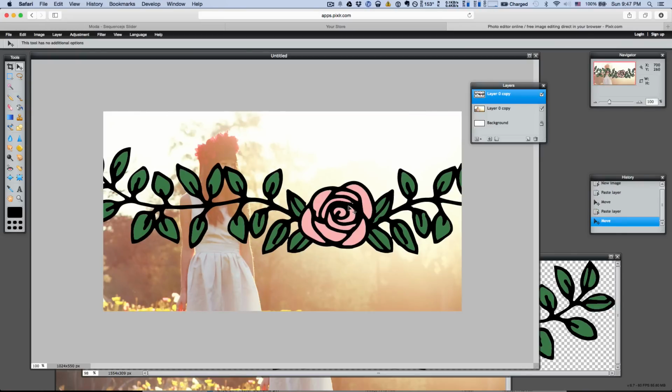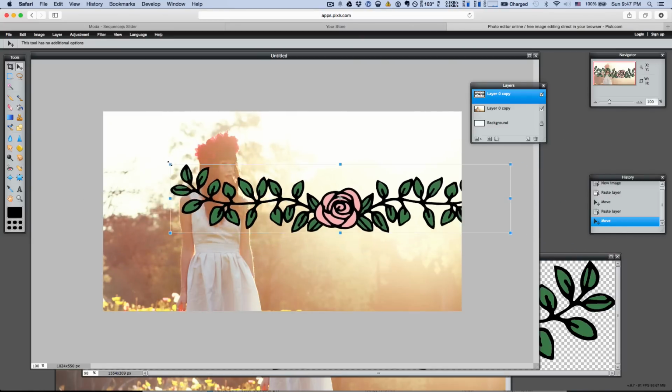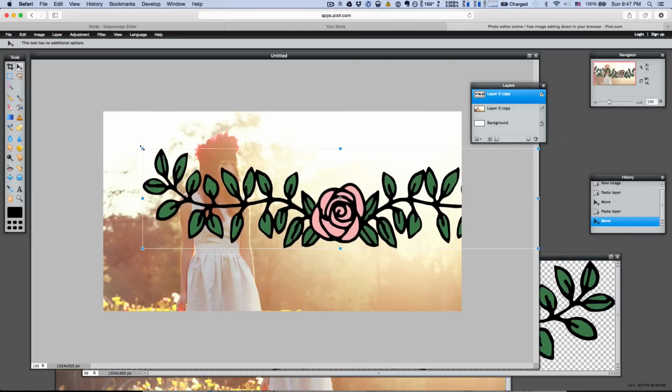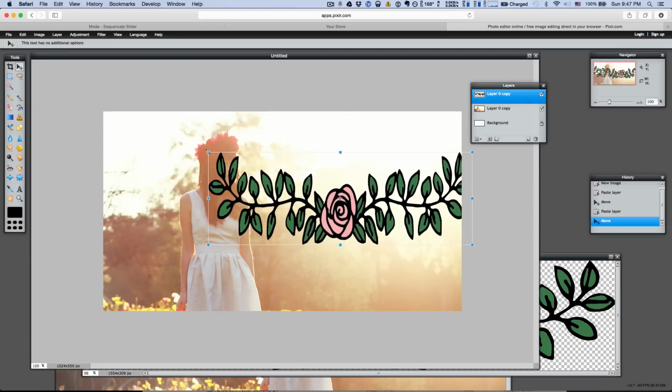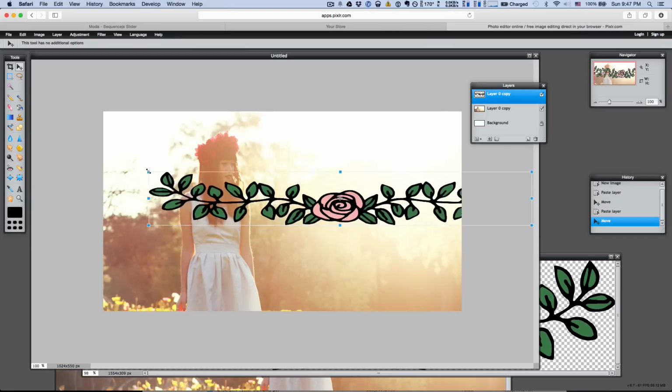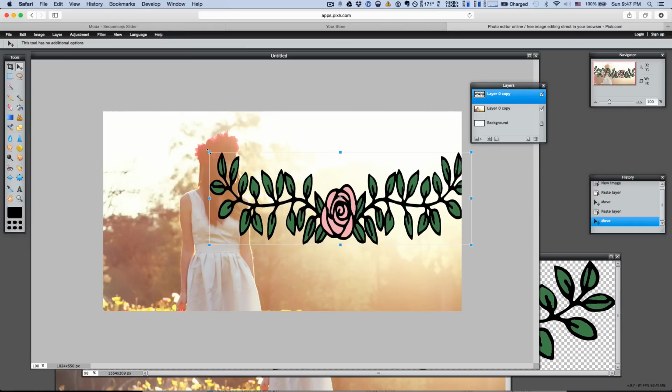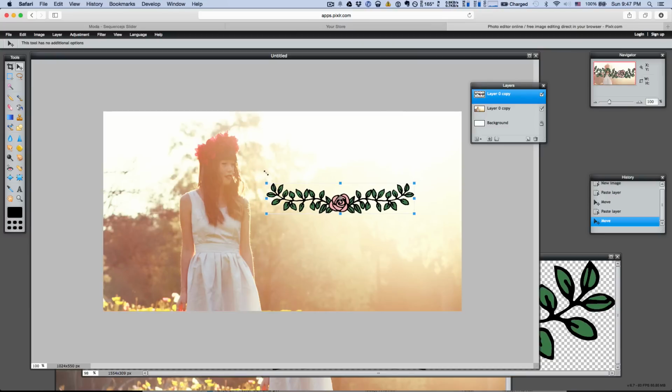Press Ctrl T to resize this image, and it will give you these handles here on the side and the corners. And to resize, just do a mouse over, click and drag. Now when you click and drag, make sure you press the Shift key to constrain the image, because if I don't press the Shift key, it's going to distort the image, which is not what you want to do. So press the Shift key, resize. Just going to scale it down to about right there. Press Enter, right? And let's just move this